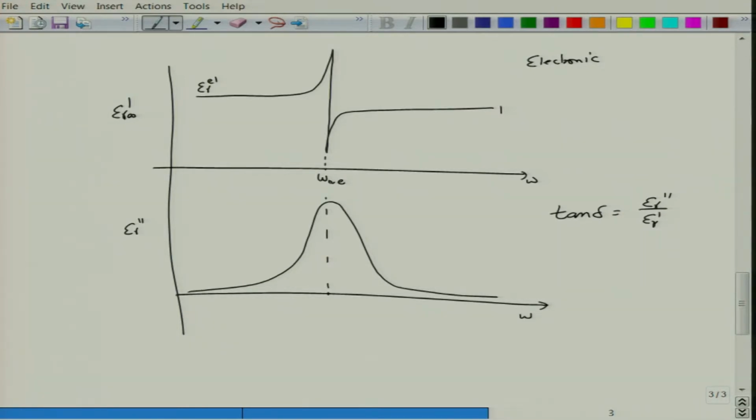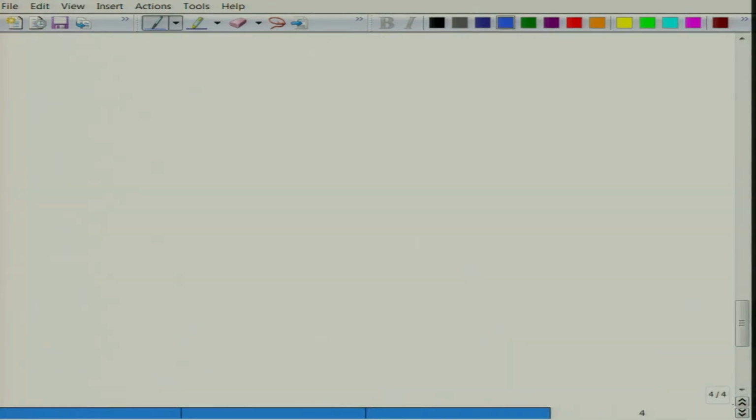Similarly, when you go below this for ionic, if I now make a similar plot in the blue color as ionic, this frequency would be omega o i, and here it would be epsilon r electronic, and here it would be epsilon r ionic. Okay. So, this is how it will change as a function of frequency when you measure this dielectric constant. And another simple argument that one can look at is, see this vibrational frequency, basically this is a frequency, right.